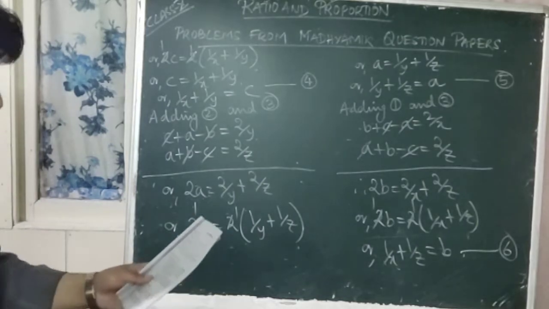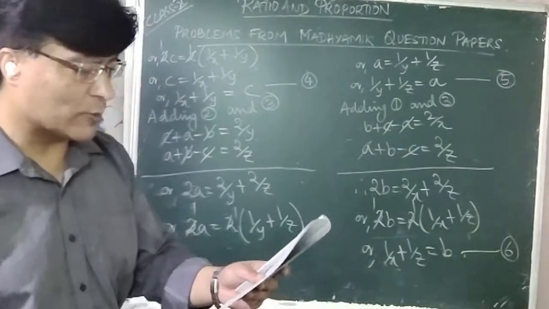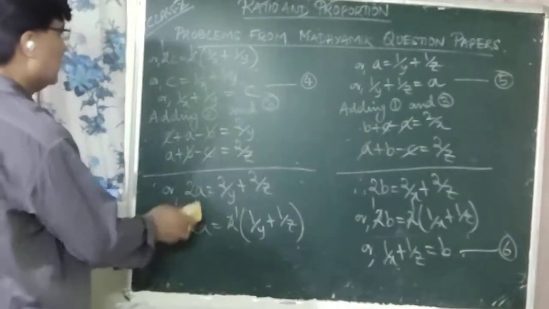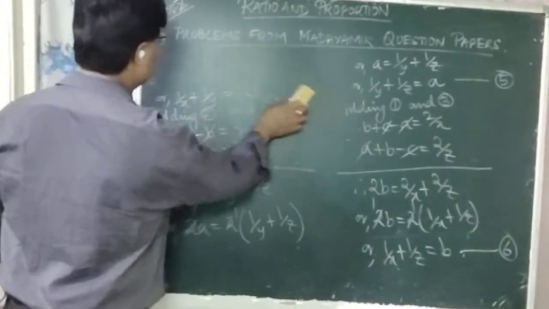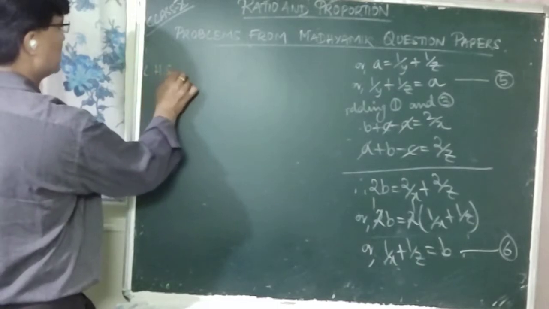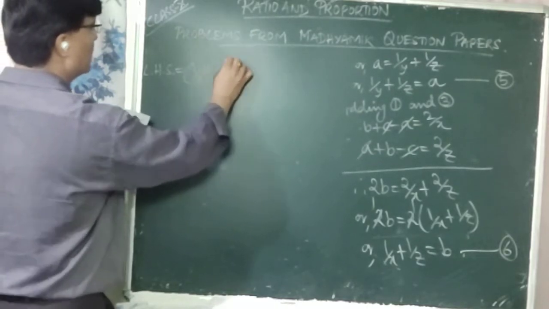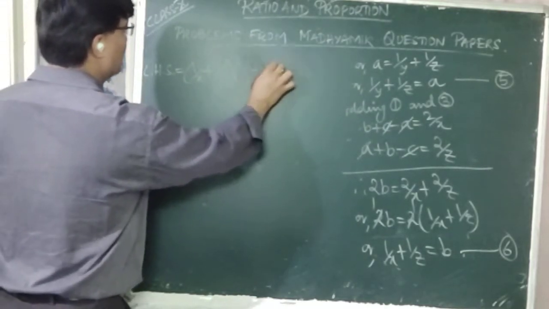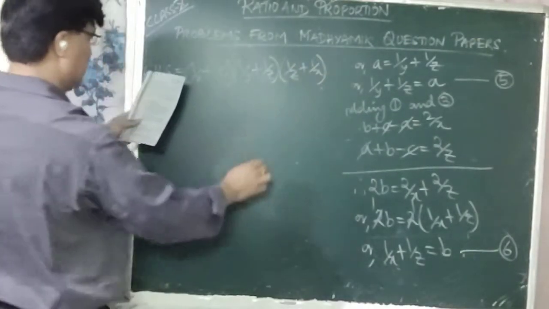Okay. So now you have to prove that. Let us show that 1 upon x plus 1 upon y into 1 upon y plus 1 upon z into 1 upon z plus 1 upon x is equal to ABC. So 1 upon x plus 1 upon y is equal to C, right? Now let us write down the left hand side. You have to prove LHS is equal to RHS. So the left hand side is equal to 1 upon x plus 1 upon y, 1 upon y plus 1 upon z, 1 upon z plus 1 upon x, right?